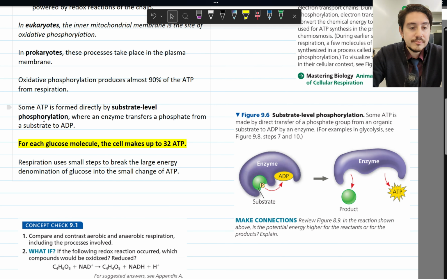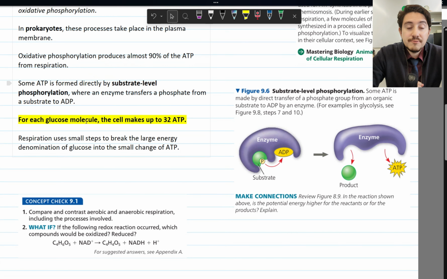Some ATP can be produced to a lower extent by what is called substrate-level phosphorylation, and this is just the interplay between enzymes and substrates that have a phosphate group. They can attach together, making an enzyme-substrate complex, and they can pass this phosphate to ADP